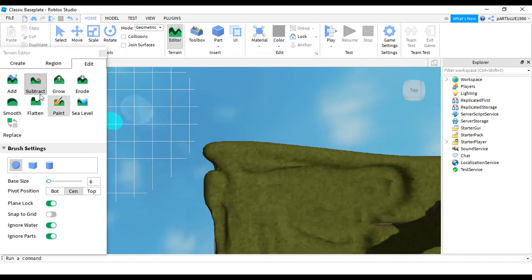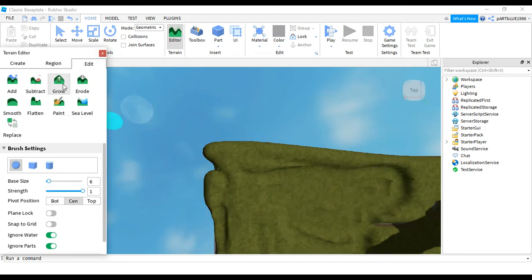Now the next one is the grow tool. Like the name suggests, we can make mountains with the help of this, right? So grow is going to grow this. Suppose I click here, the grow tool is there, right? If I just drag this place and then put it, it is going to make a kind of mountain or whatever you want to make, like obstacles or something like that. Okay, so it is going to draw.